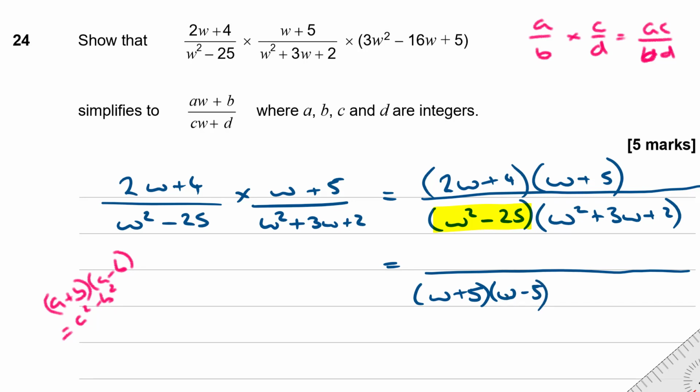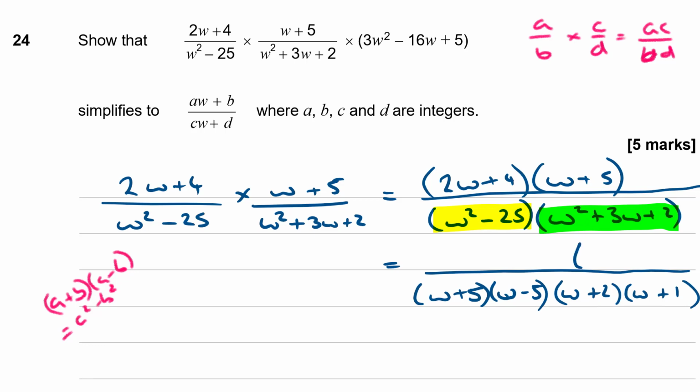The other side of it is a quadratic. Can we factorize it? Does it factorize into two brackets? Well, if it did, it'd have a w and a w there. I need two numbers that multiply together to give me 2 and add to 3. So (w + 2)(w + 1), and that is over